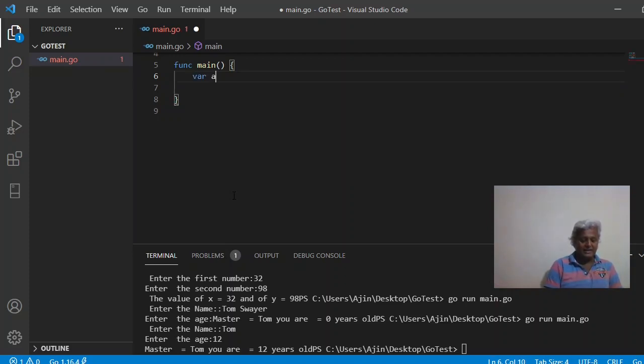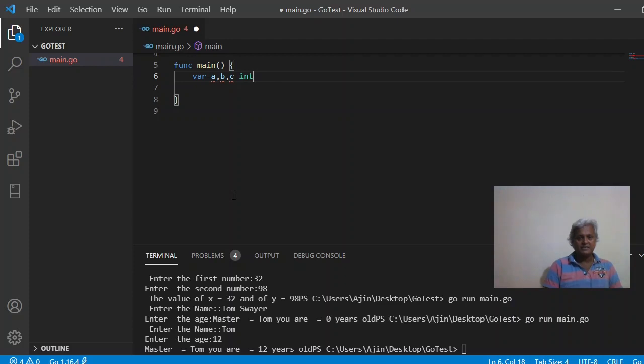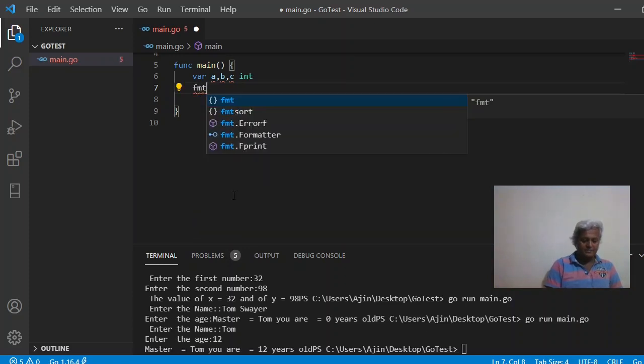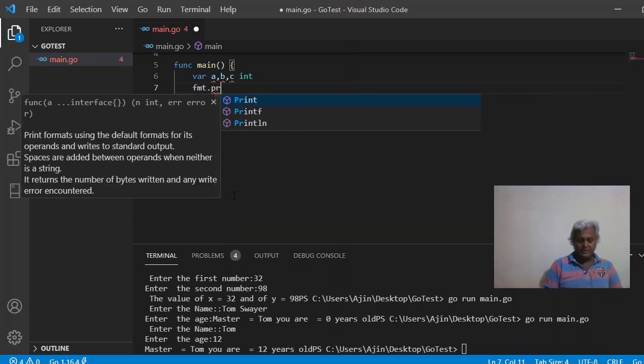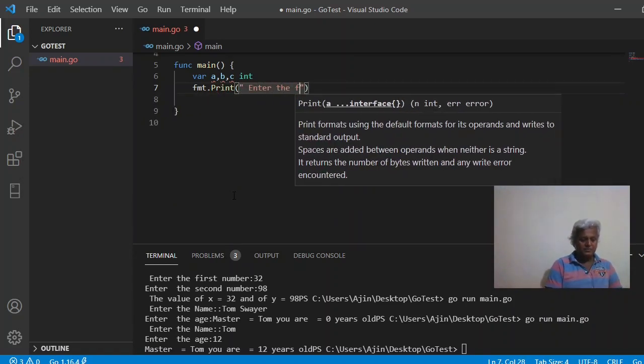So I write var a, b, c as int. Three variables I have declared, these are a, b, c and these are integer type. Now I'll take all these numbers from the user. So I write fmt.Print, enter the first number,